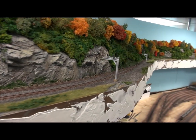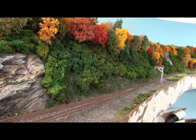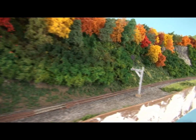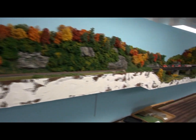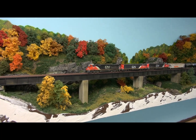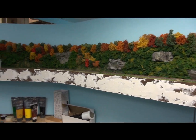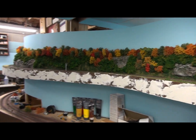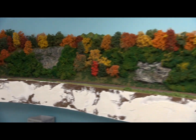But then it goes into single track here. And then it will go over the bridge that y'all seen in past videos. Right there. Now all this is scenic and almost done with the scenic stuff. There might be a little bit more small details that I put in and around, but